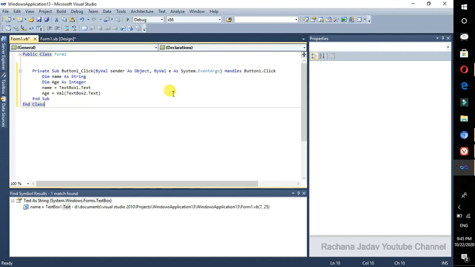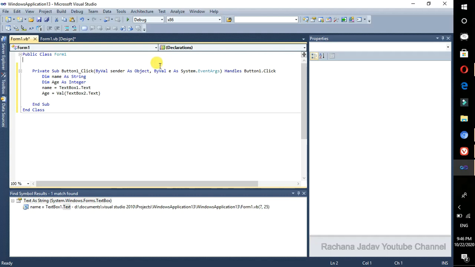Now we will give the condition. We have to give the condition of if, right? If the age of that person is more than or equal to 18, then what will our answer be in the label? That his name, his age, and that he is eligible to vote.